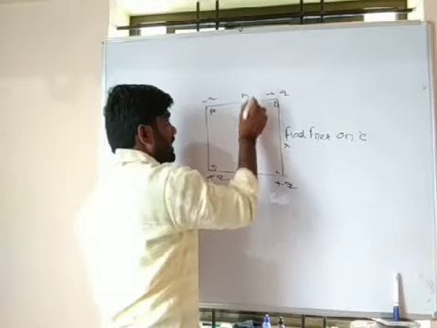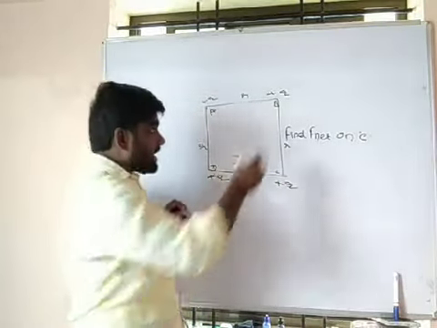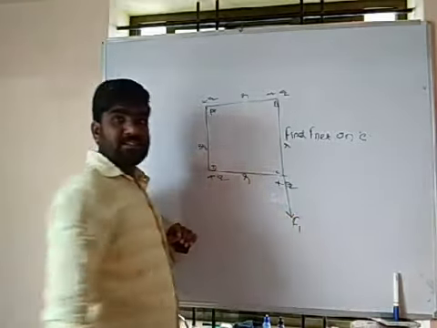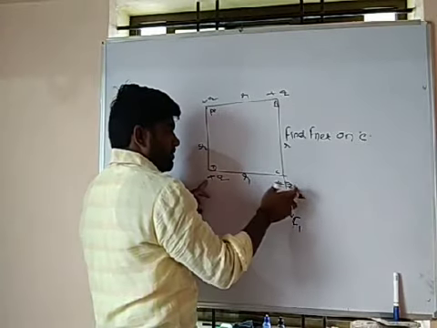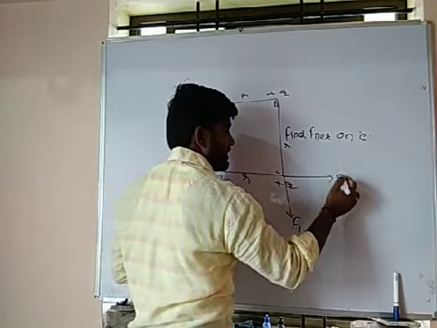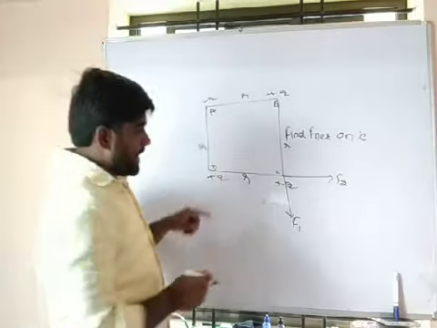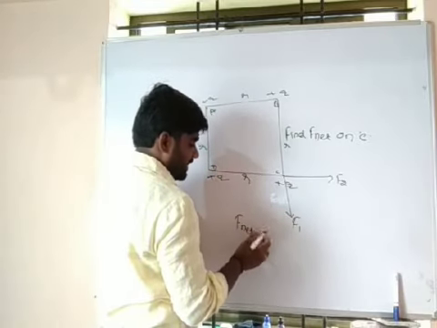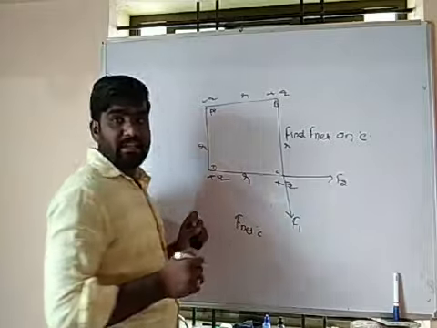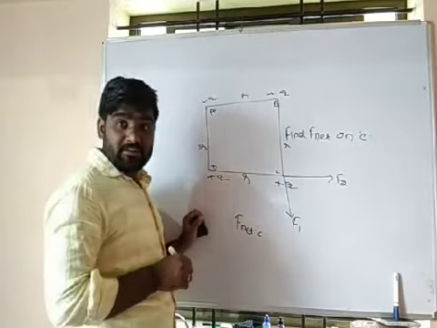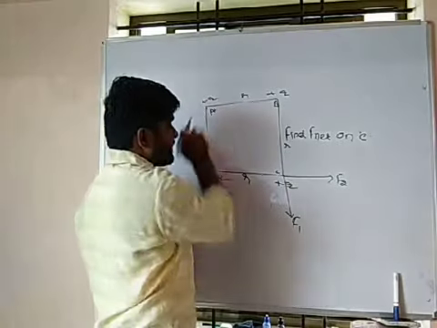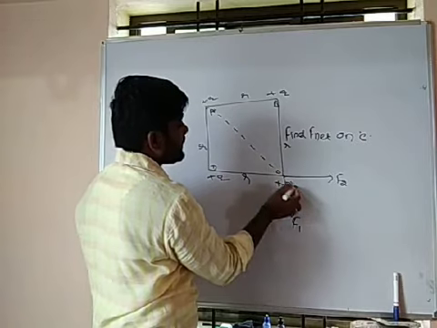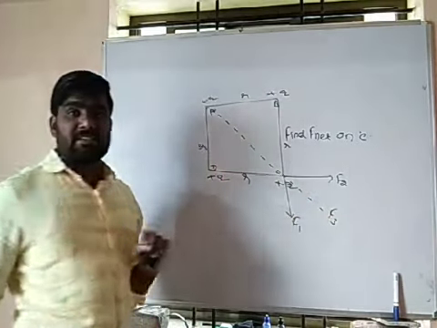So separated by distance R. Then according to these two charges, which repel each other, shall I take F1 will be along this direction? Similarly, Q plus Q, both repel each other. It will be your F2. So by using F1 and F2, for F net on C, one more force will be there. What is that force? It is a positive charge. It is also a positive charge. Then one more force, F3, will be along this direction.